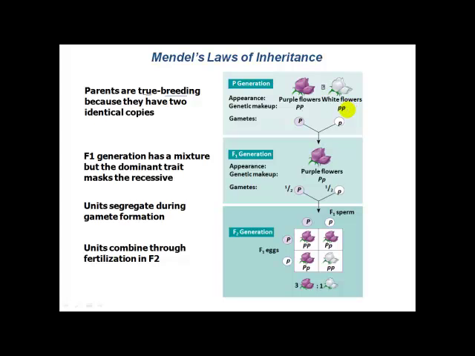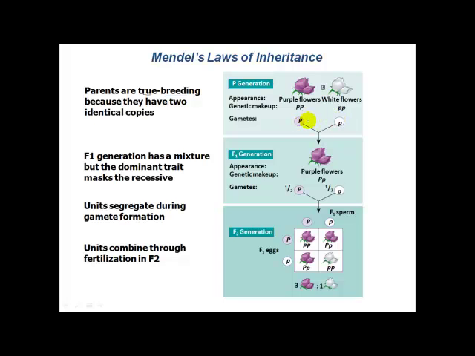So in gamete formation, we know that we go from the diploid state to the haploid state, and each gamete contains only 1 copy of each gene in the genome. So with respect to flower color, all of the gametes coming from the white flowered plant are going to have only 1 allele in each gamete, and that allele has to be the allele that codes for white flowers, because that's all this white flowered parent plant has to pass on. Likewise, the purple flowered parental generation is going to be passing on only the purple allele in its gametes, and every single gamete is going to have 1 copy of this P gene, and the allele that's going to be present is the one specifying purple flower color.